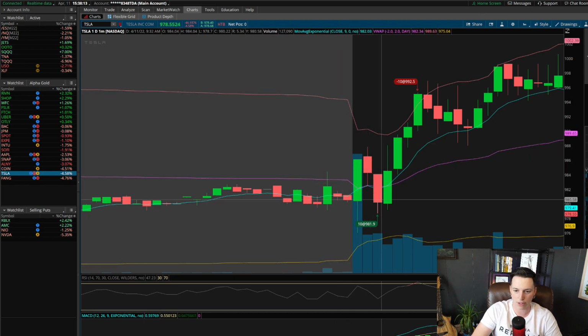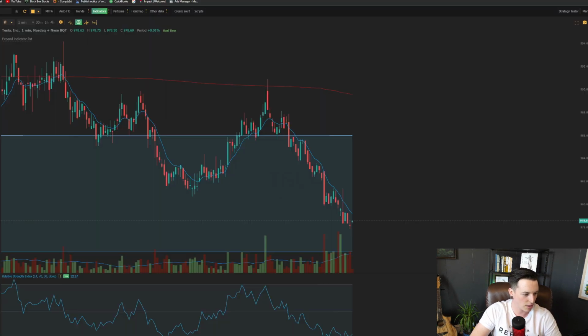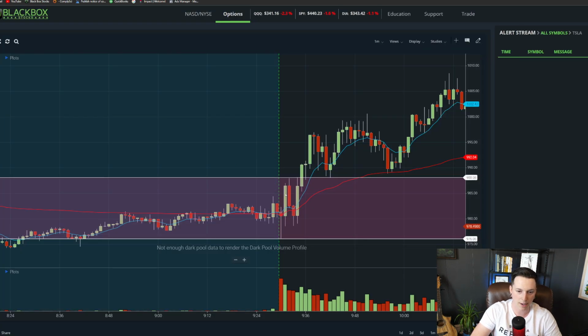Now at this time, we double bottomed on the 1 minute. The other thing I want you to note, I'm going to make this smaller and pull up my other window, is that at the time we were trading below this ORB. We had this resistance here at 988, and we were trying to tap through. We pulled back. I entered down here at 978, and then I was watching for the breakout over 988, in which we took a run, and then I ended up taking my profit. So this, in theory, would be where the ORB was. We tapped, pulled back. I entered right here.